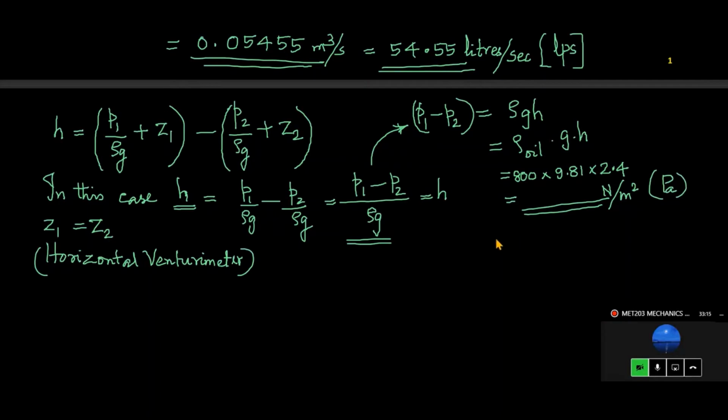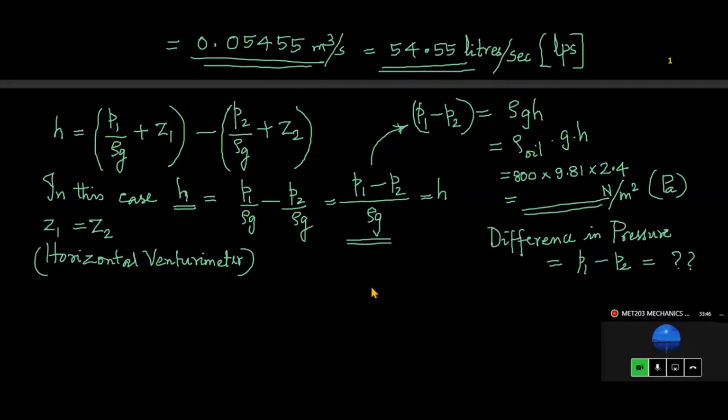This is actually the difference in pressure intensities. So if you want it instead of head, if you want intensity, then this is the value. Difference in pressure between the inlet and the throat, or we say difference in pressure intensities, then that is P1 minus P2. Okay, so you can calculate and tell me the values. Not asked in the question, but sometimes this may be there for you to calculate. So please understand this one.